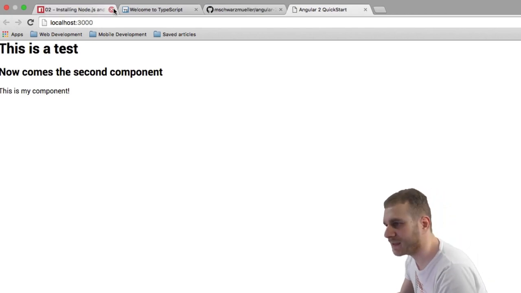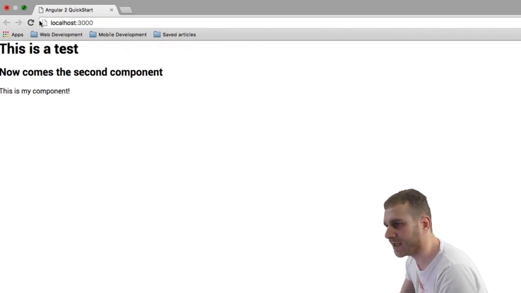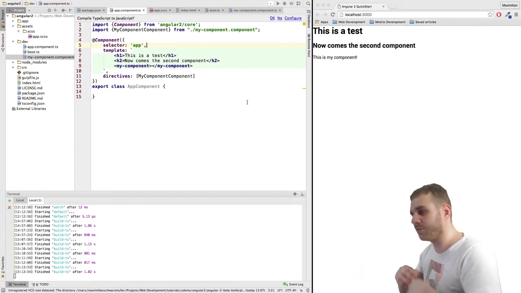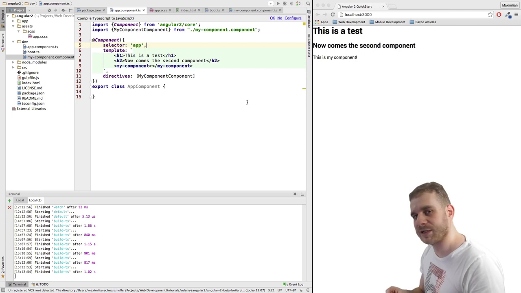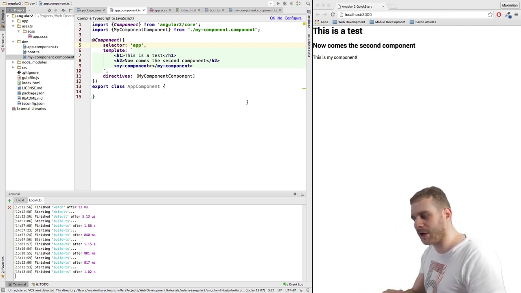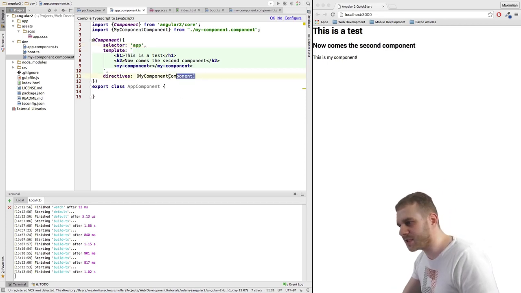Now to make things a little bit easier, I will just quickly rearrange this here so that we now get this side by side. And I will keep this for all the other videos in this course. Now this is how we create our own component, how we embed it, and how we use it with this